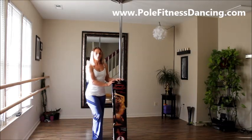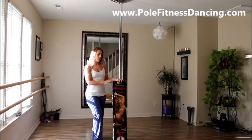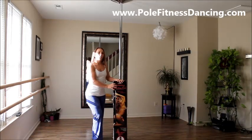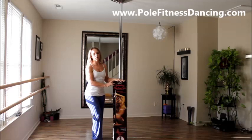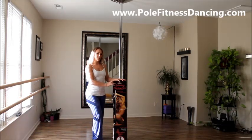I use both no-brand and X poles in my studios because I find them to be the most sturdy and affordable poles. However, a lot of people use this, and so I'm just curious, what are the differences? What's the difference between a no-brand regular pole, an X pole, and is it worth the money? So I'm going to open it up today and install it in my house right here, and we're going to